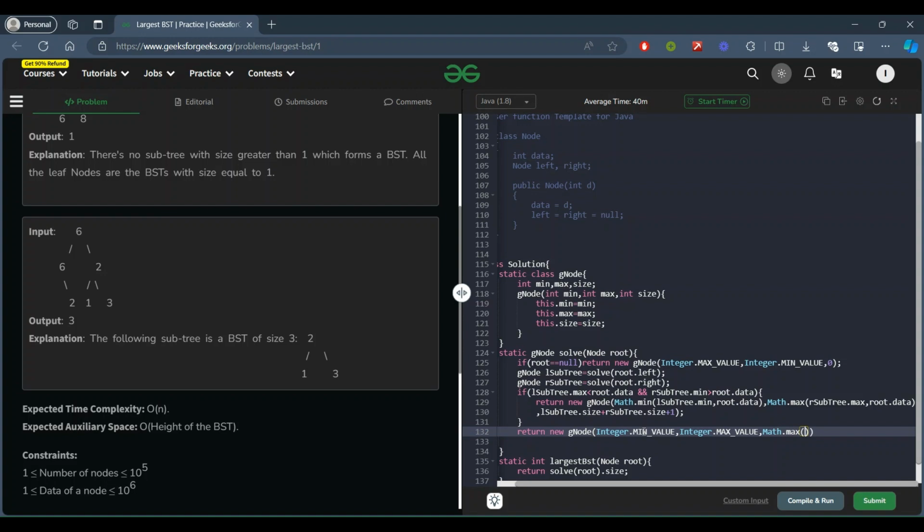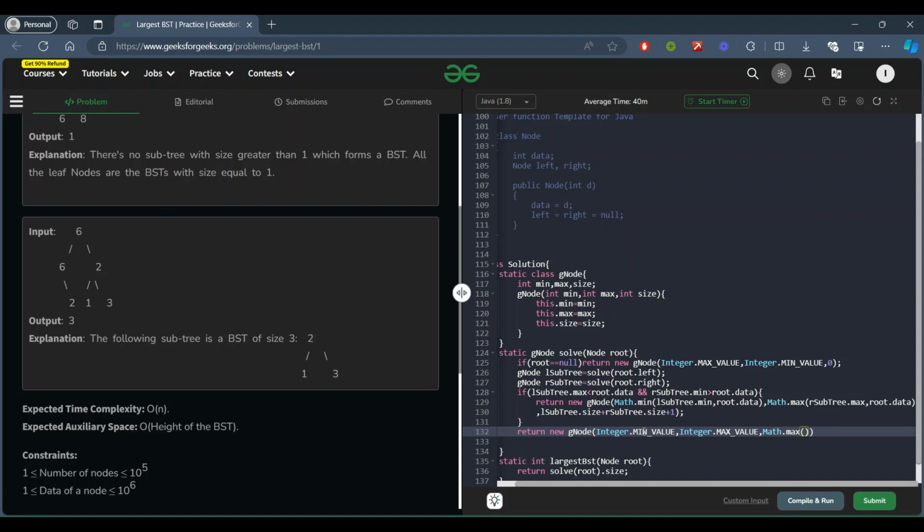Because let's suppose the current node is not making a BST, then if our left subtree was a BST, that size, if it is larger, will be taken.